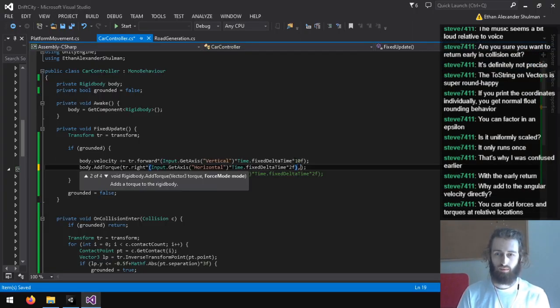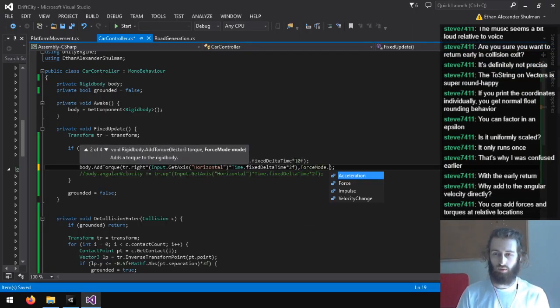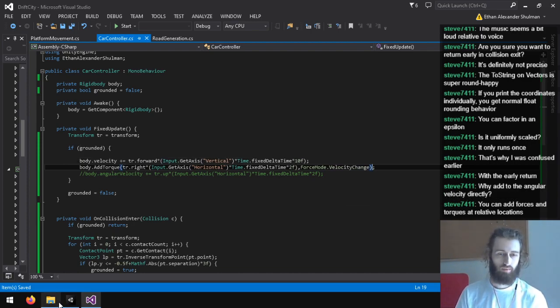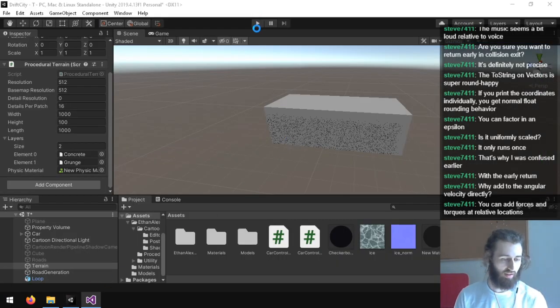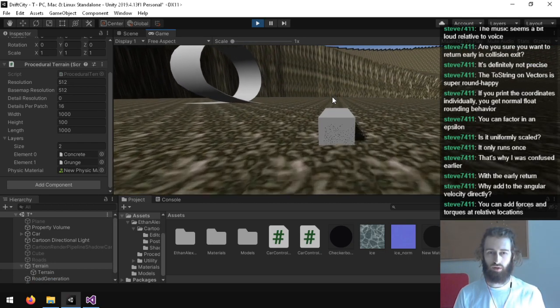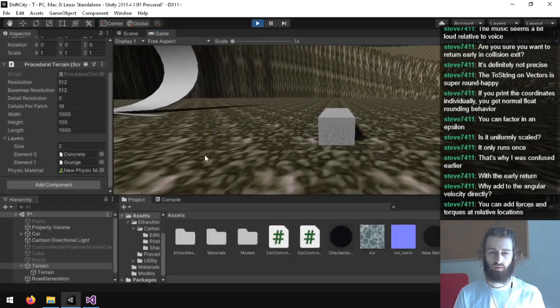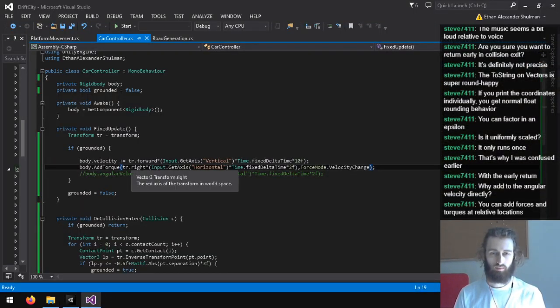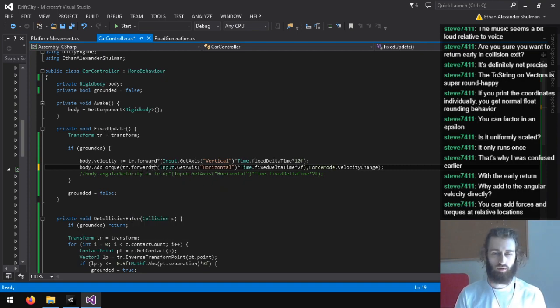Okay, hold on. Force mode, impulse. Oh wait, no, velocity change. I think this is gonna end up being the same thing nearly as angular velocity, though. Weird, it's still not turning. Maybe it's not right. I guess I could try forward.